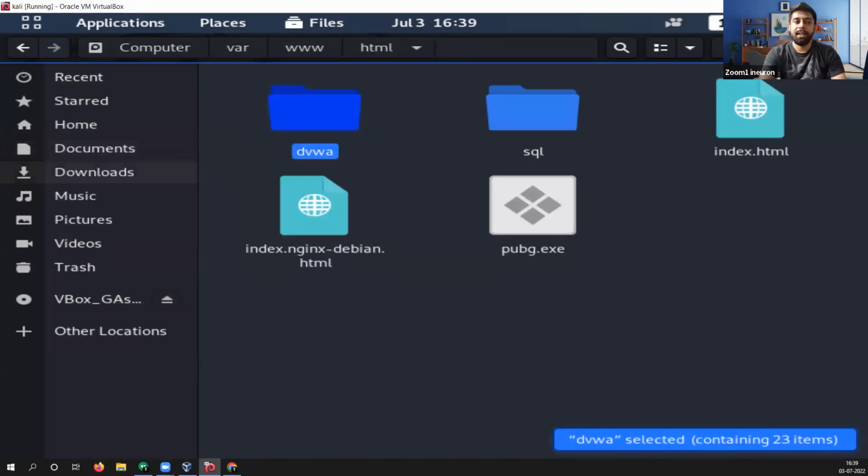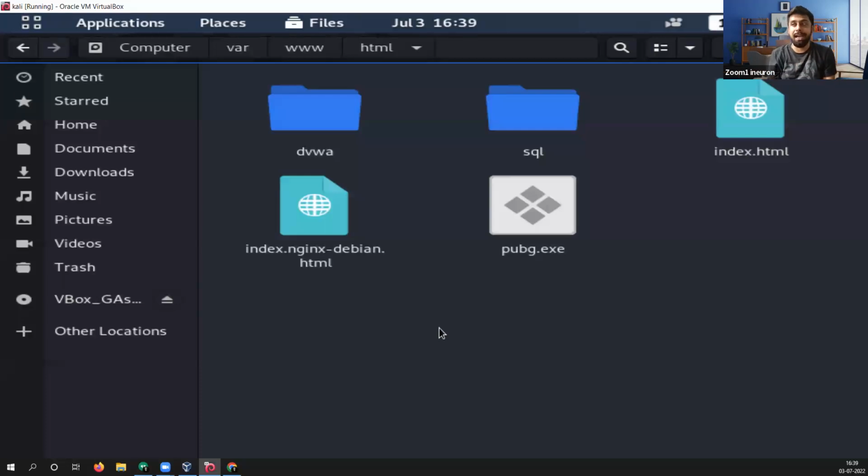So when you go ahead and install, you'll just download the DVWA files from maybe the GitHub or maybe from any other place. Then you'll get this folder named DVWA, right? And the first thing that you need to do here is changing the permission. If you don't change the permission, it will not allow you by any means to make any changes into this DVWA file. So one of the methods in order to change the permission of this DVWA directory is that